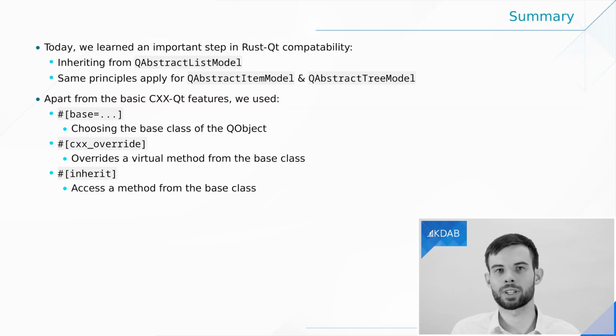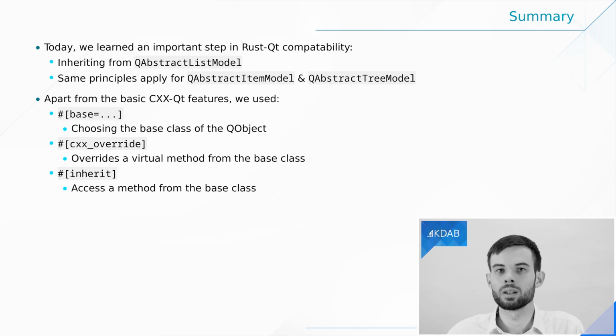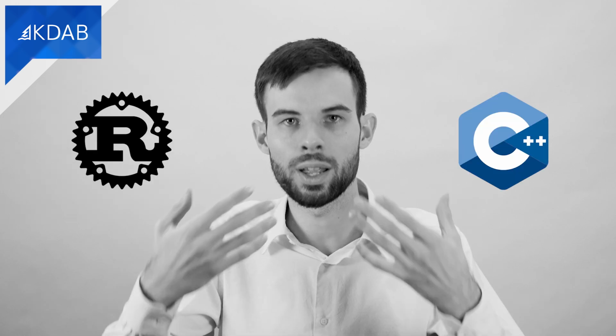And with this simple to-do application, we now know most of what's required to build full-scale applications with Qt and Rust. We learned how to choose a base class with CXX-Qt, including how to override and inherit methods from it. We then combined these features to provide our own list of to-dos to QML. As I mentioned before, the same concepts apply to more complex data structures as well. So this would enable us to build far more complex applications as well. Combined with the features of CXX and CXX-Qt that we covered in the previous videos, we now have a good overview of how to integrate Rust with C++ as well as Qt.